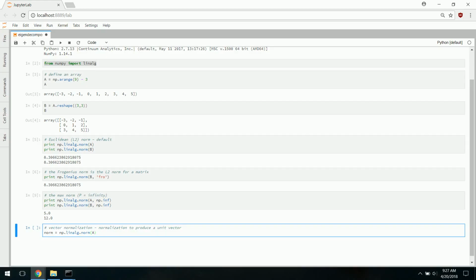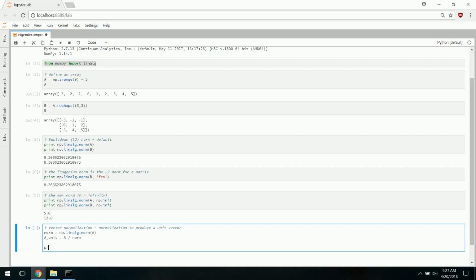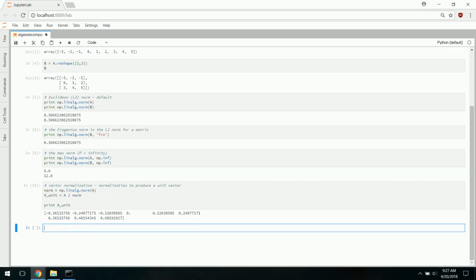And then remember, our process of normalization involves dividing the matrix by the magnitude. That is normalization. The magnitude here is going to be the L2 norm. So the unit vector of A is just going to be A divided by the magnitude, which we just calculated. So let's go ahead and print out that A unit. And here we go. This is indeed going to be the unit vector